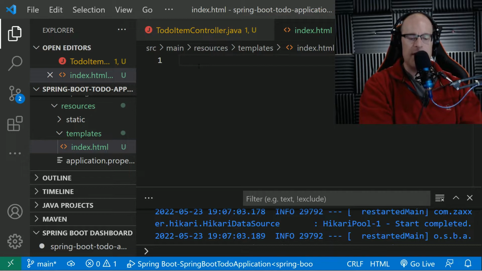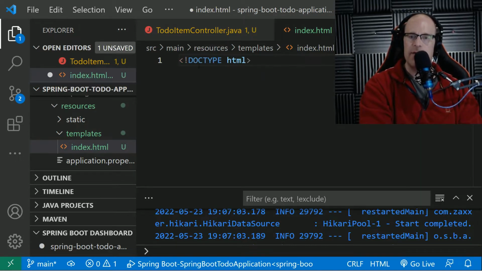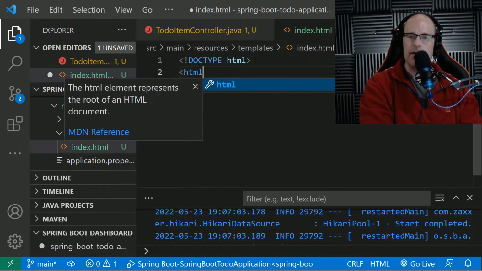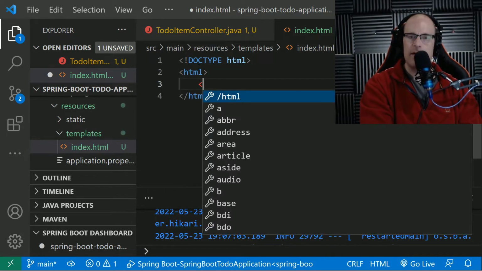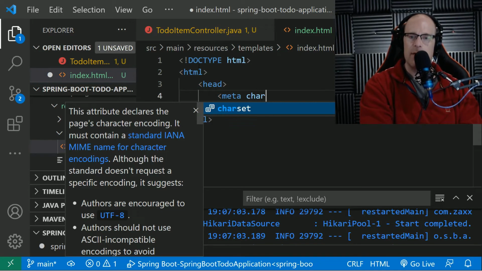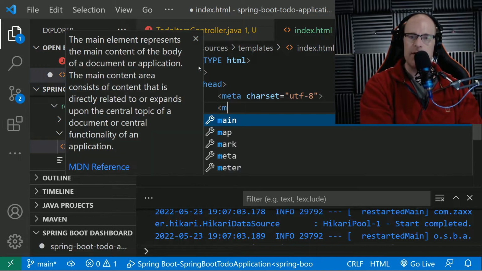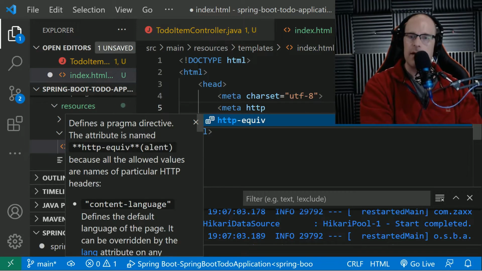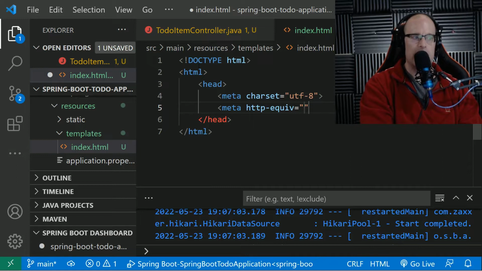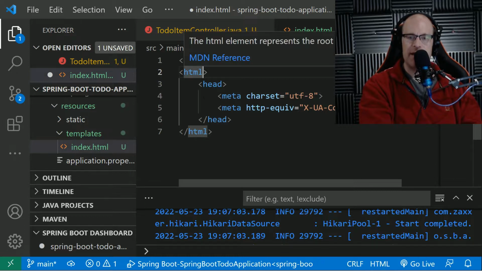So then what we're going to do is give it a doc type of HTML. We're going to give ourselves an HTML header there. I might just cut and paste some of this in because it's not very exciting watching someone type in HTML. Okay, so then we're going to be doing an HTTP equiv equals. So as you can see, we've got the doc type defined, our open HTML tag, closing HTML